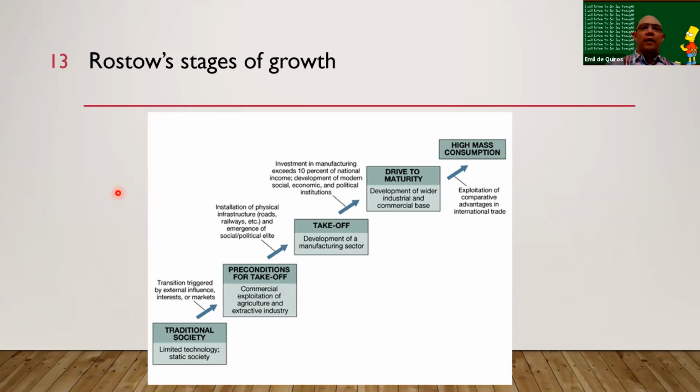Hardly any manufacturing sector, some processing of agriculture and some manufacturing, but not a lot. And a lot of researchers are arguing the Philippines is actually still in this second stage, but on our way, on the cusp of going to the takeoff stage. Because, again, as we learn in succeeding modules or succeeding topics here in Module 3, we haven't really had a